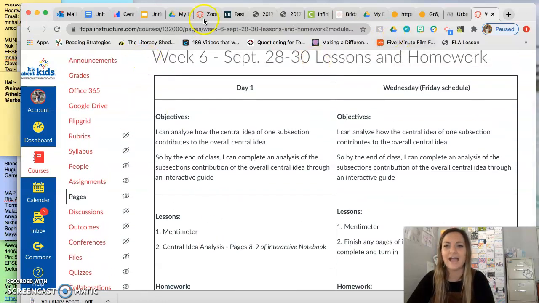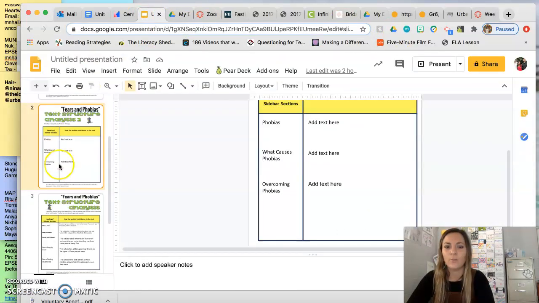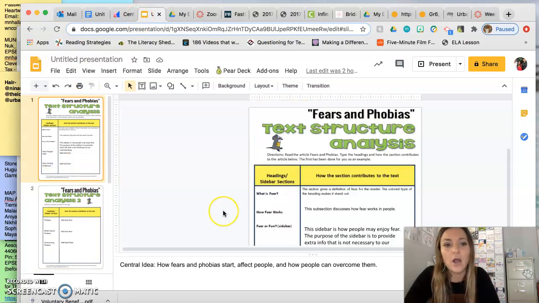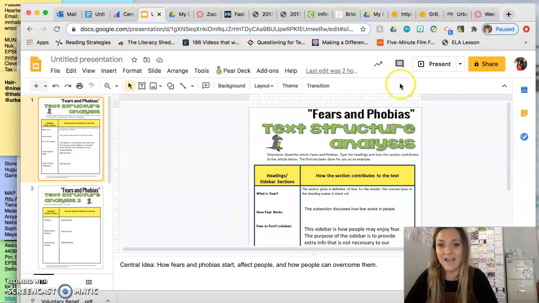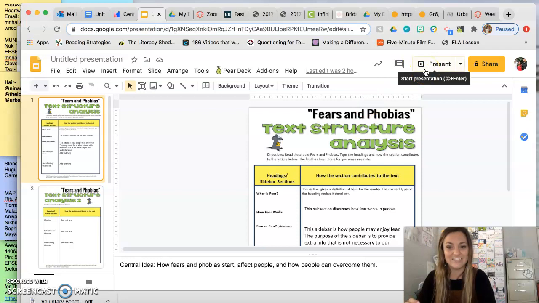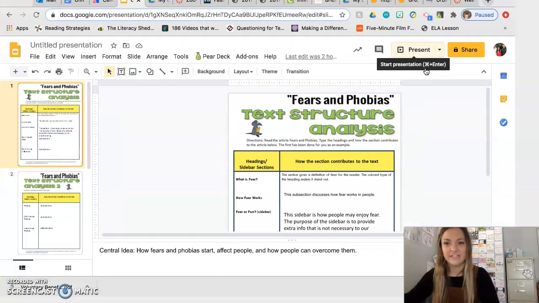So let's look at pages 8 and 9. I have these done for you because I'm going to show you how I got these answers. But your job for the next class, by Wednesday, is to have these done. Sorry, I had a little bit of a hiccup there. Let's put present mode